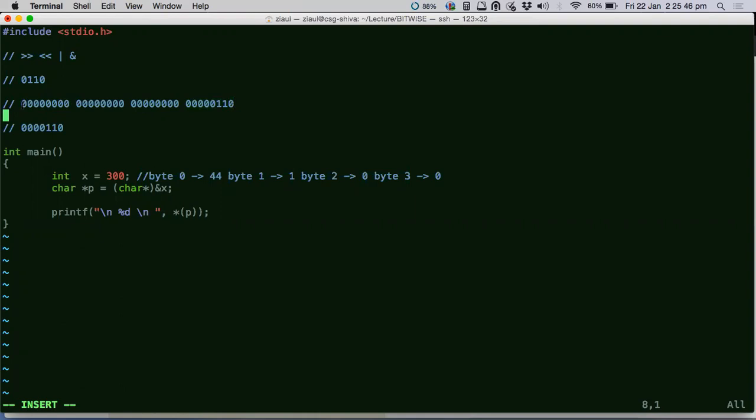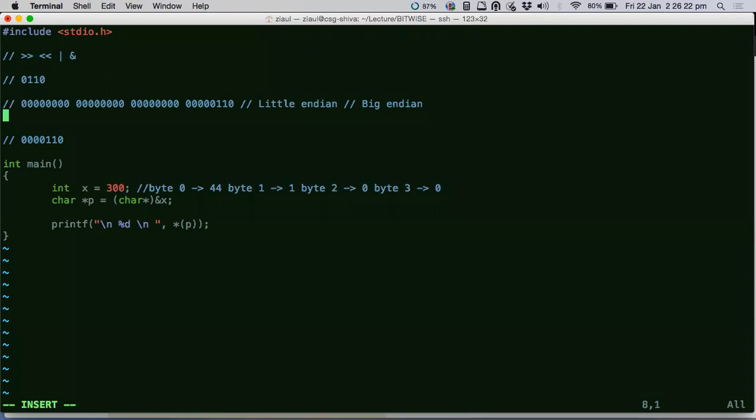It's a convention, because your machine has to agree on some order in which it is stored. So this ordering of bytes is called Little Endian. And the opposite of this is the way you write it on your paper, isn't it? You write from this side, the highest and then go to the lowest. If it is also stored in the same way in your memory, then that is called Big Endian.